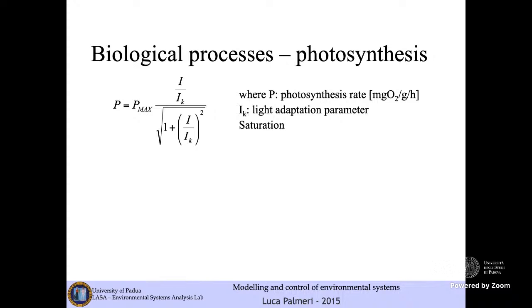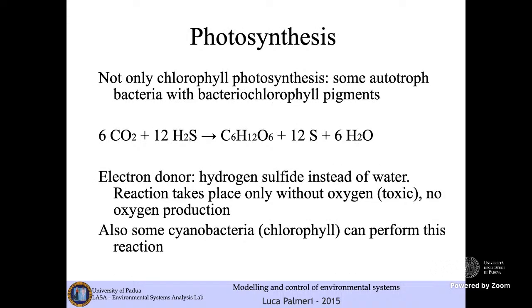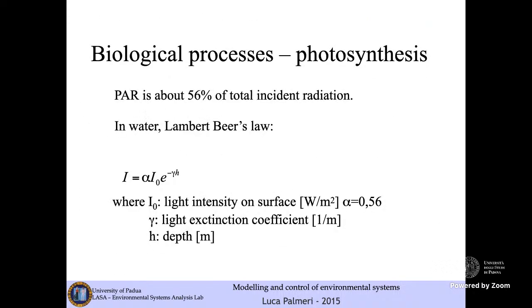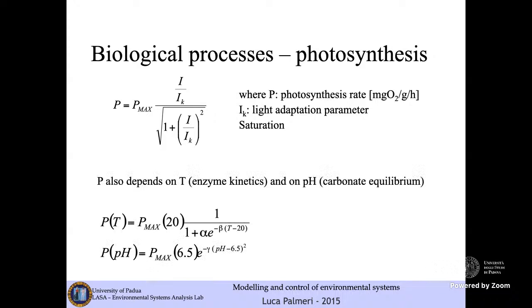I remind you that we are talking about these kinds of models. So we are describing the effect of saturation by introducing an IK parameter. In this case, we may model the photosynthetic rate by reducing the maximum photosynthetic rate by a function linked to the characteristics of the machinery